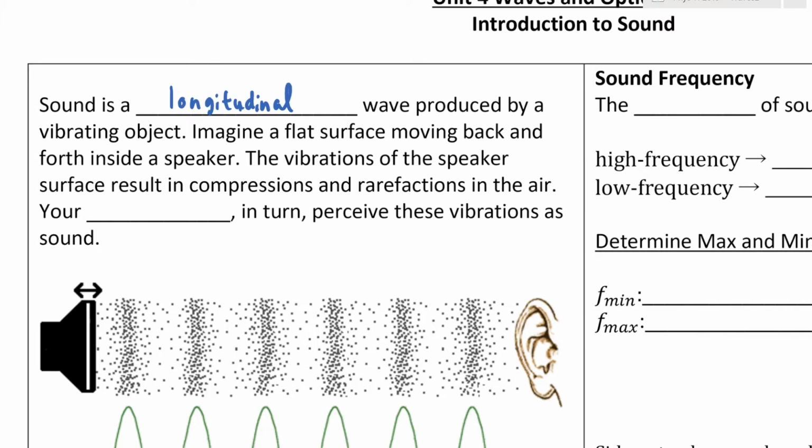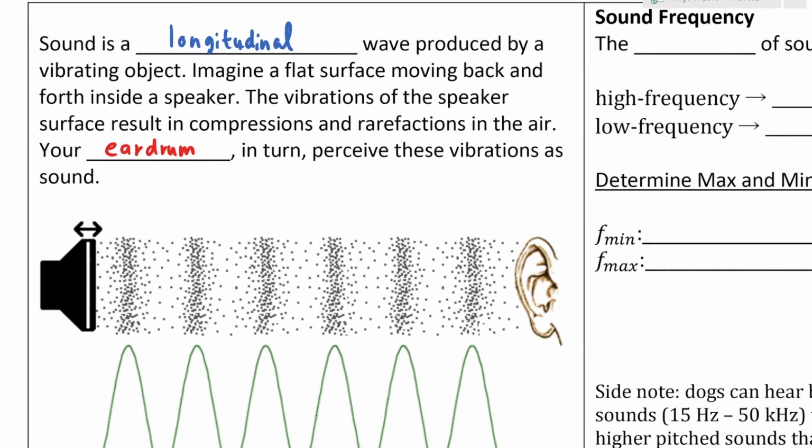So for example, when I speak, my throat vibrates and it compresses the air, and eventually that compression and expansion of the air molecules travel to your ear. Inside your ear, there's an eardrum, and your eardrum will pick up that vibration, and your brain turns its vibration into a signal which you perceive as sound.